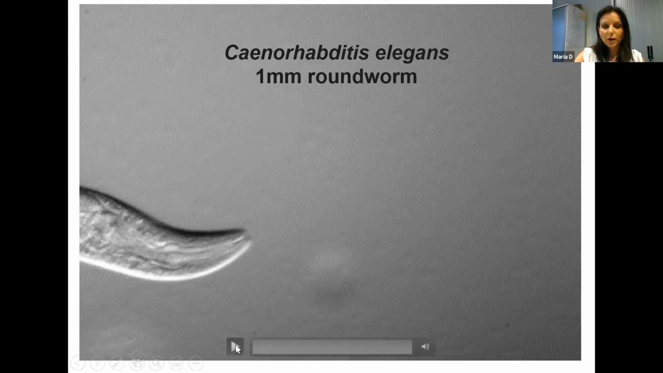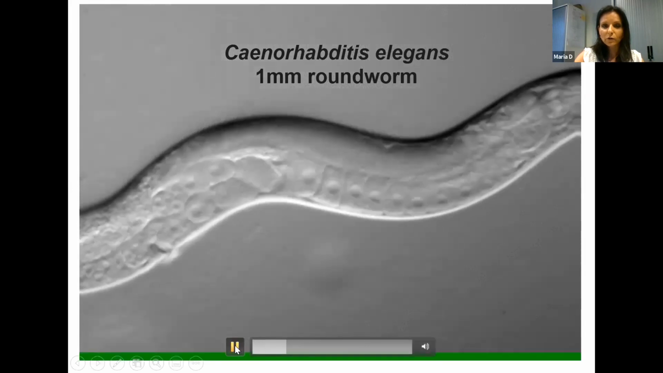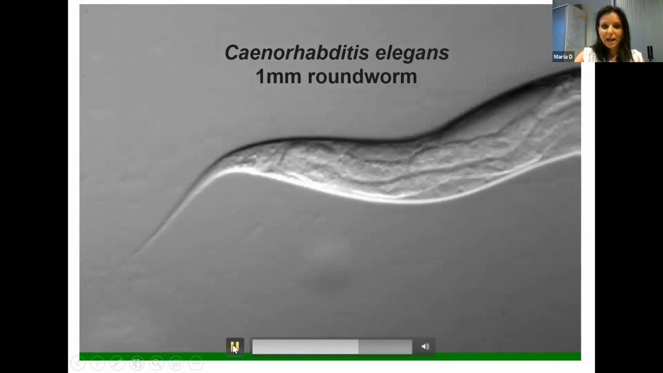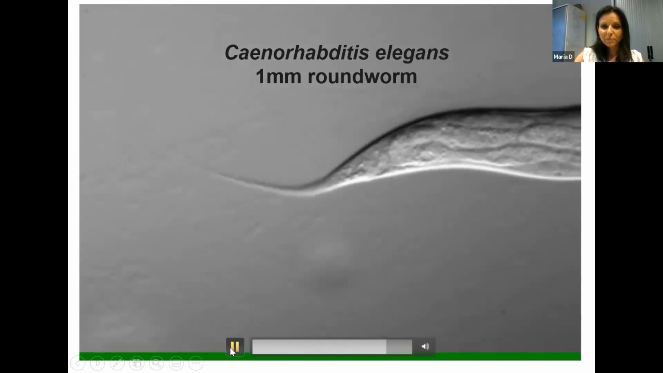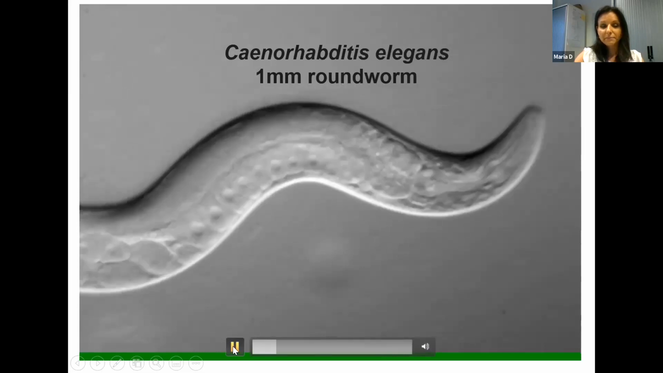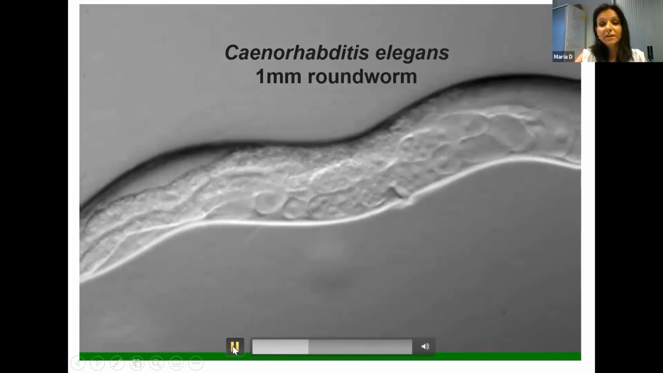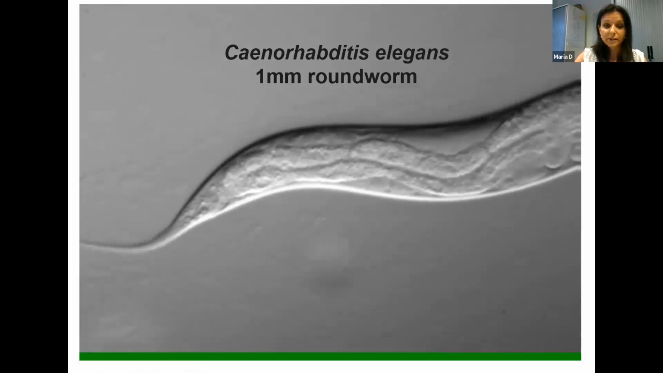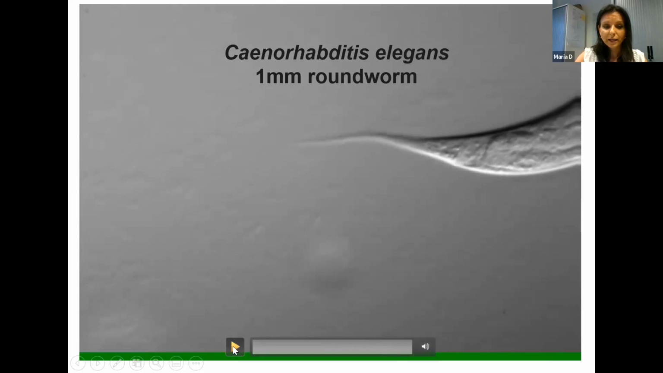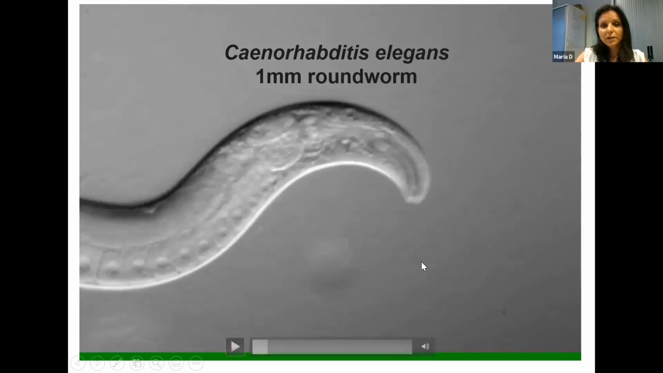And now I'm going to show you a video of C. elegans and how it looks under the microscope. So C. elegans, as you can see, and you'll probably appreciate from that video, and I'm going to play it again, is actually a 1 millimeter roundworm. And what is fascinating about it is that it's transparent. So if I try to play the video again and I slowed it down,